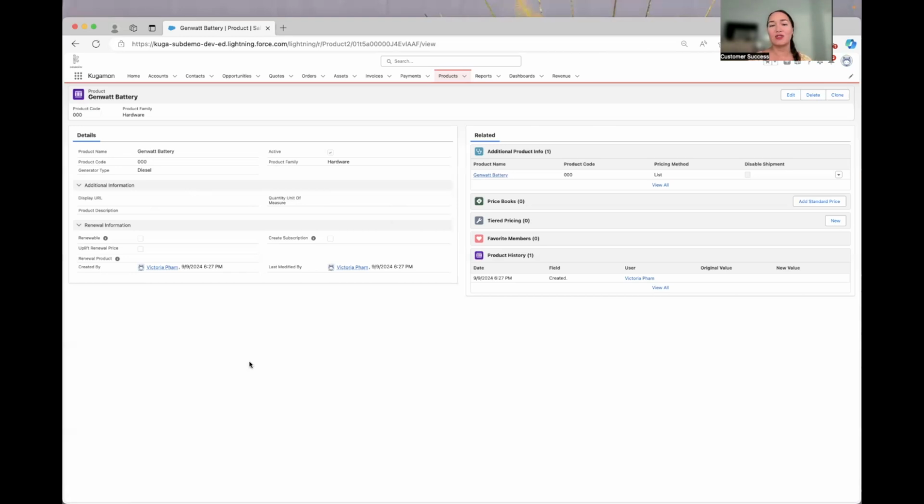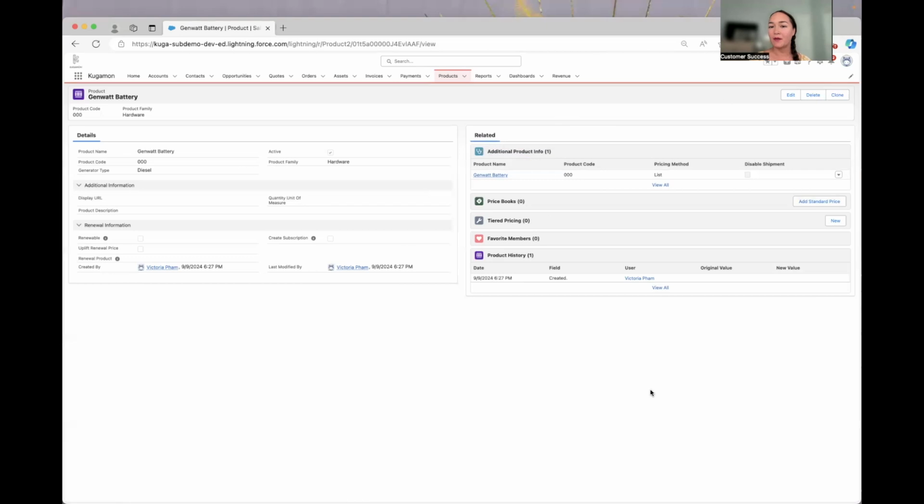Now that is just the product. This product does not have pricing tied to it automatically. The reason is that this product is flexible. It can be used and priced in different types of opportunities for different teams that might be global teams. It can be sold to different clients that are in different countries and thus different currencies. And you can capture all of those differences by leveraging what are called price books.